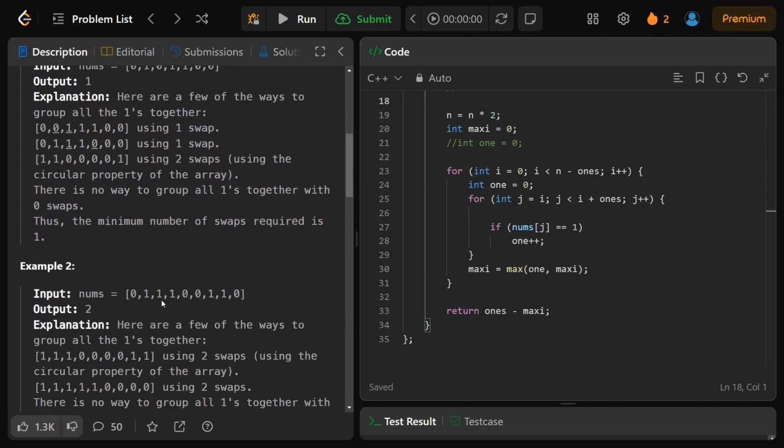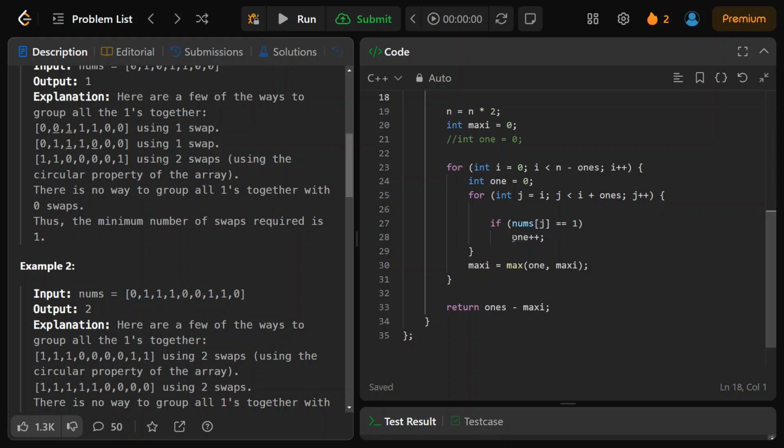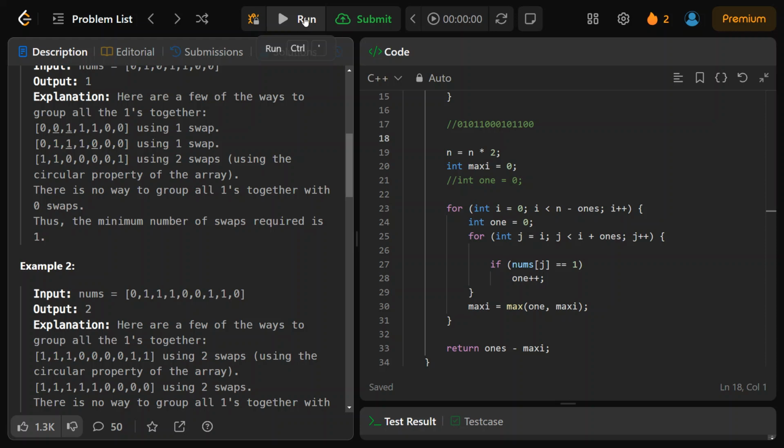Here in this particular example, right, the window size is 1 2 3 4 5. Okay, so similarly I will make a window of size 5, right? And I will check which window has the maximum number of ones. So this window would be the one with the maximum number of ones. Okay, so 3, so at the end I will just return 5 minus 3, that is equivalent to 2. Okay, now if I run it,